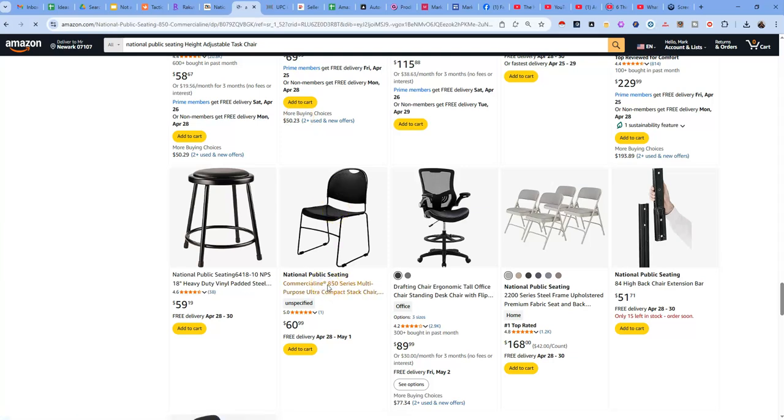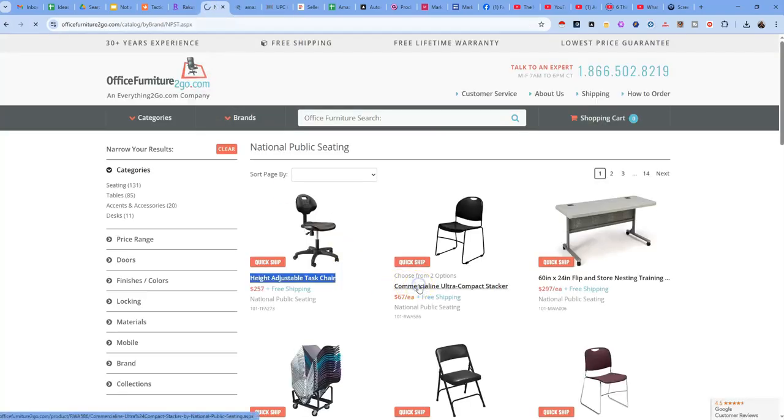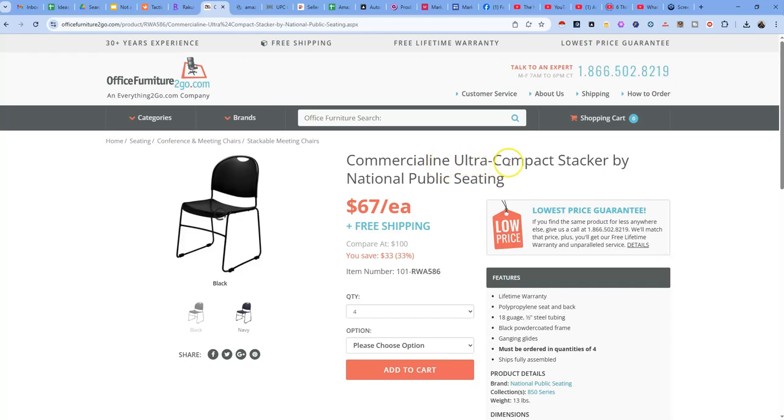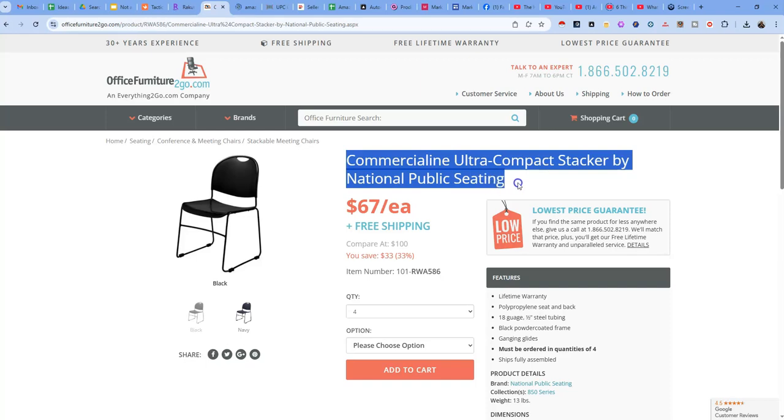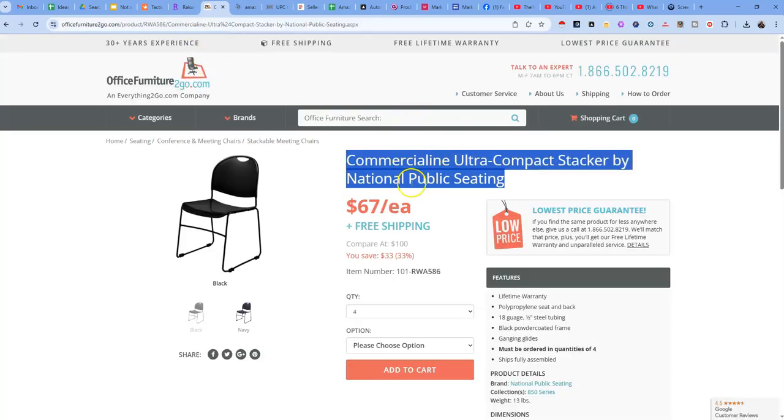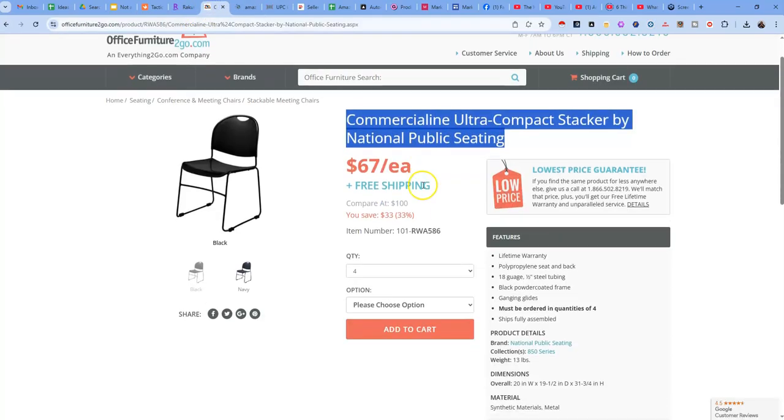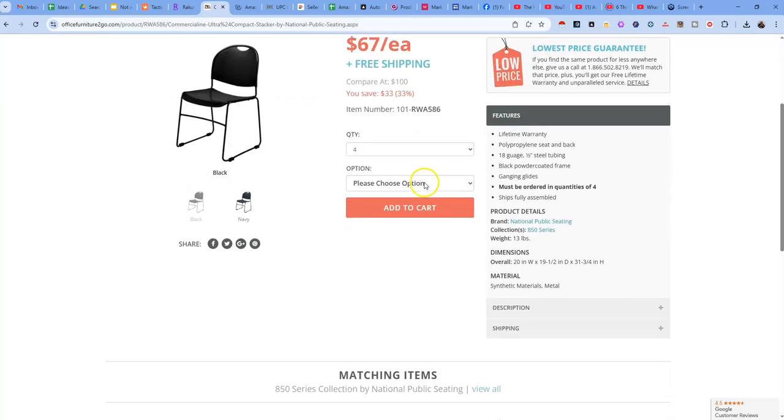So I see this product. I'll open this up on Amazon, and this does appear to be potentially the same as this. Yes, right? And this commercial line, ultra compact stacker by National Public Seating. Okay, and here we have, it's a bit slow, National Public Seating 850 commercial line and URL. So, these do look similar,